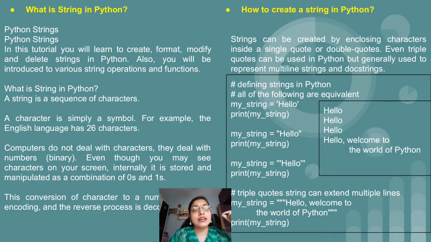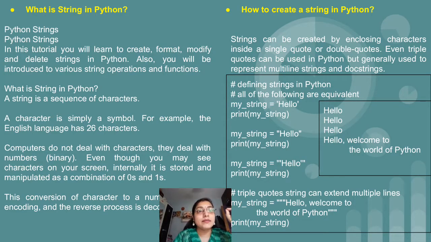After that we have the same string again, but here the initialization of the variable my_string is done within double quotes. So printing the text or the message within double quotes is again possible in a Python string. Now there is one more declaration, that is 3 times single quotes. We use 3 times single quotes, then the hello message, and after completion of the message again 3 times single quotes. So with the help of 3 times single quotes also we can initialize a string variable.